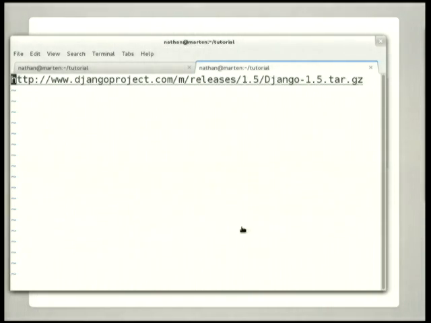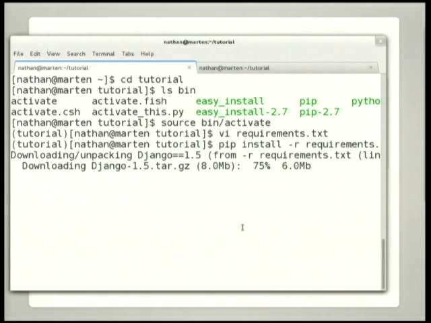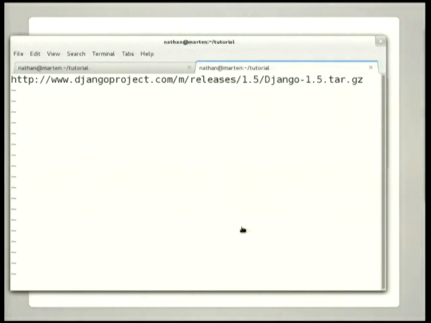1.5 has some really nice additions, but I don't think we're actually going to wind up touching on them very deeply today. And the nice thing is that we're going to be talking about class-based views for a big part of the tutorial, and they work the same in both versions, but the 1.5 docs are much, much better, so you can sort of mix and match that way too. So are people able to have a requirements file put together and they're doing pip install and it's downloading? Great. So while that's running,